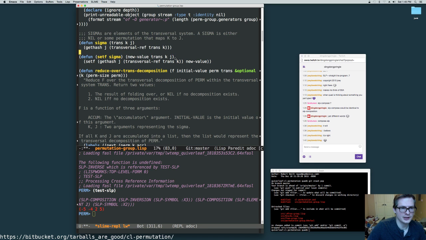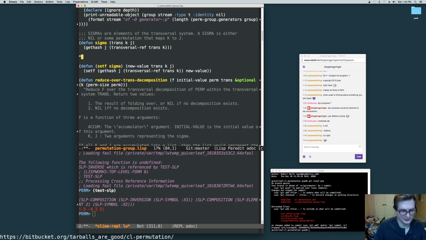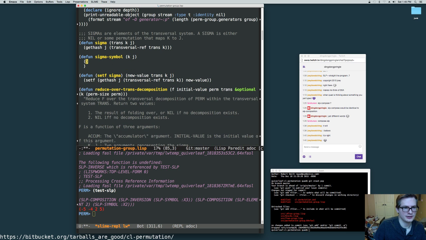Sigmas are the big deal. Sigma takes this transversal system and two values k and j, and we can create a symbol. So why don't we do that? Let's defun sigma symbol with k and j, and we'll do